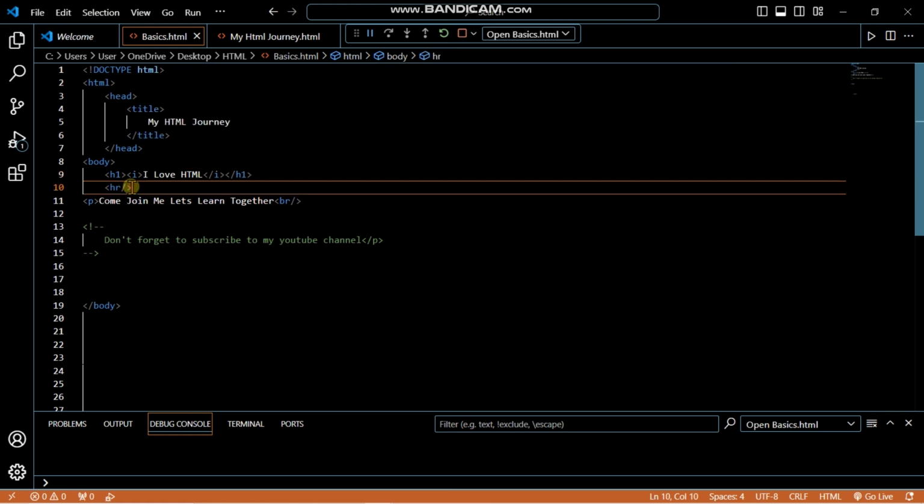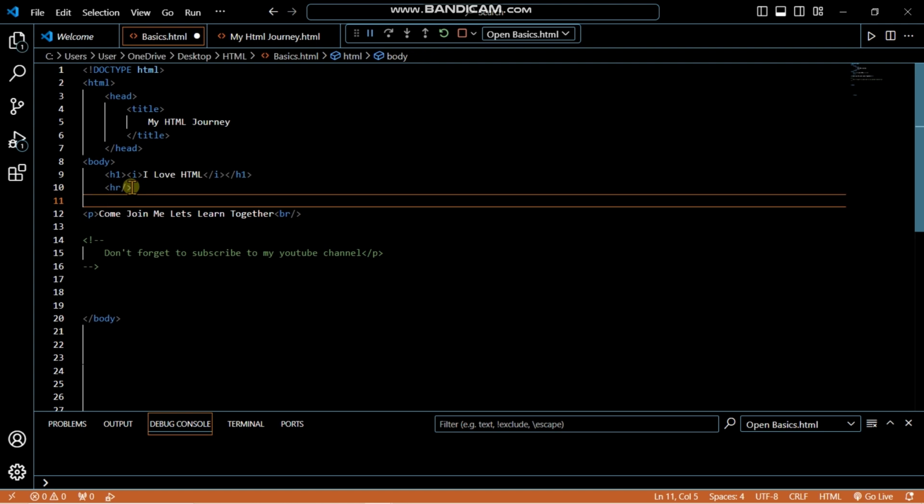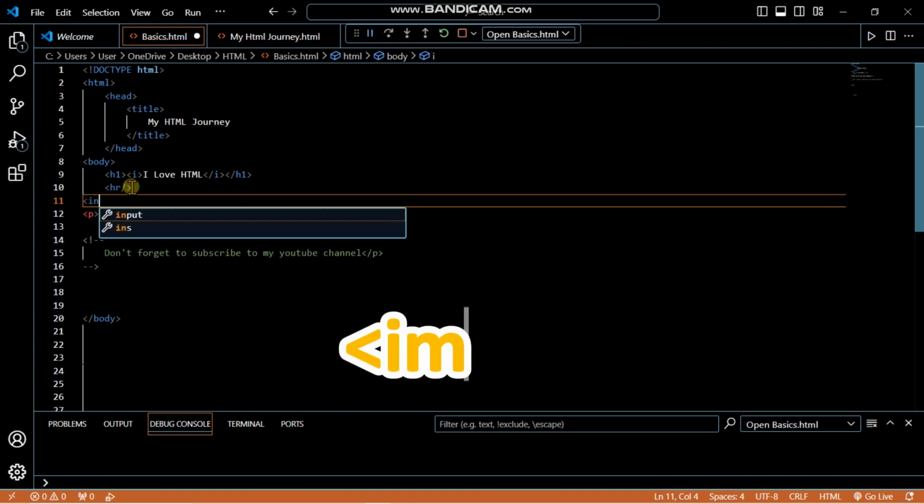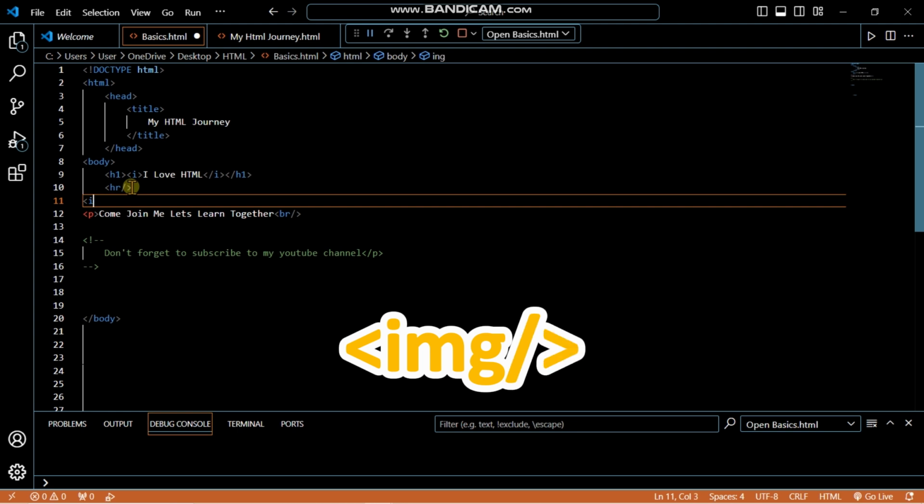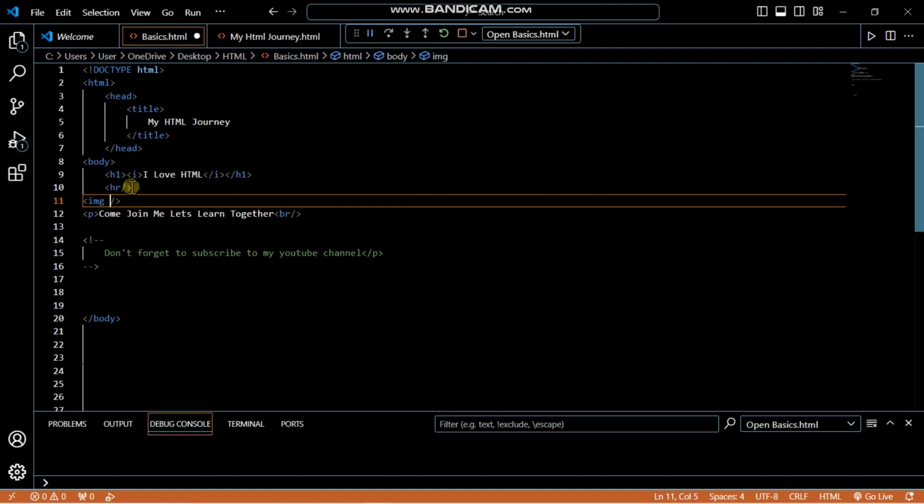So in today's video we're about to look at how to insert images into our website. Alright, so now let's move straight in. Okay, so to insert an image we use the image tag, which is the img tag, and it's an empty element, so it ends with a / and a greater than symbol. Alright, so the image element actually